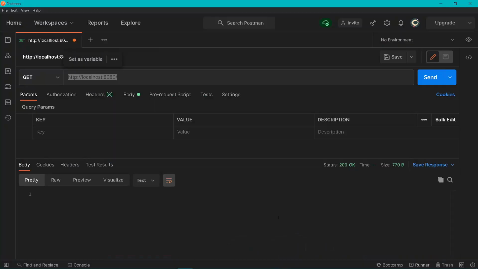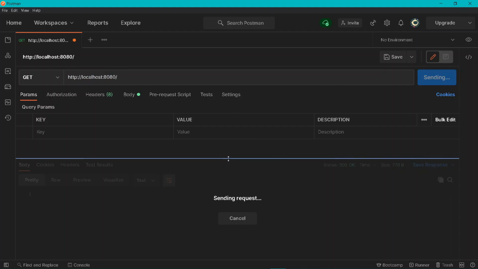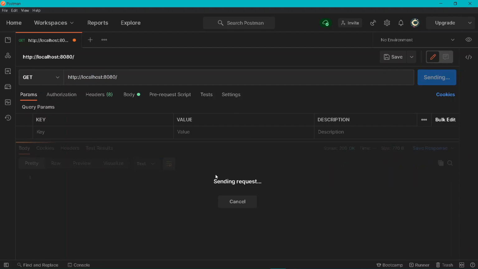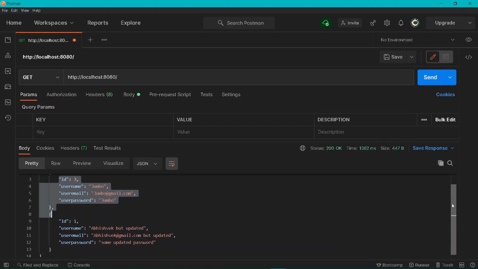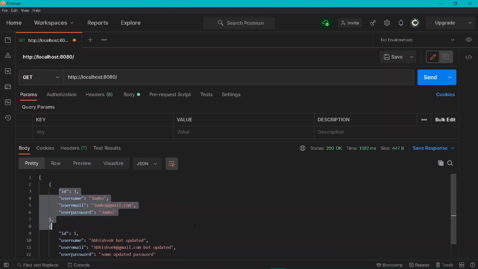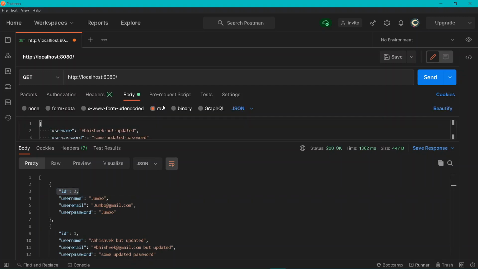So now if I move under my Postman and send a get request over this home page, and if I press send, I will be getting all of the following data about the following user, that is the user ID of the user, his username, email, and password as well. So now what we are going to be doing is taking the user ID of the particular user through which we are submitting all of our data.